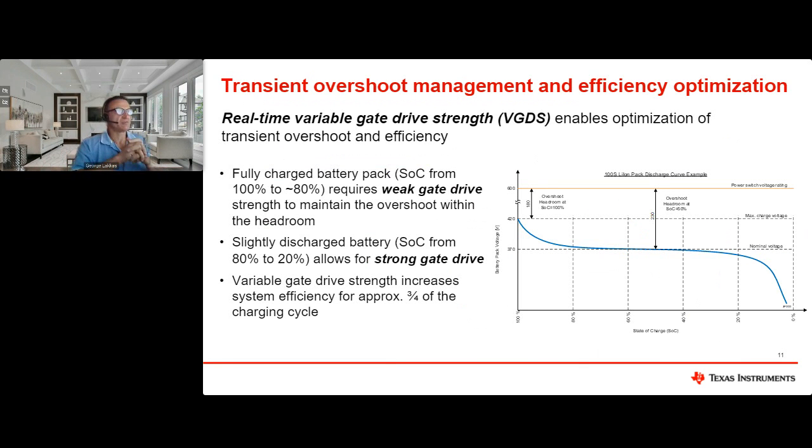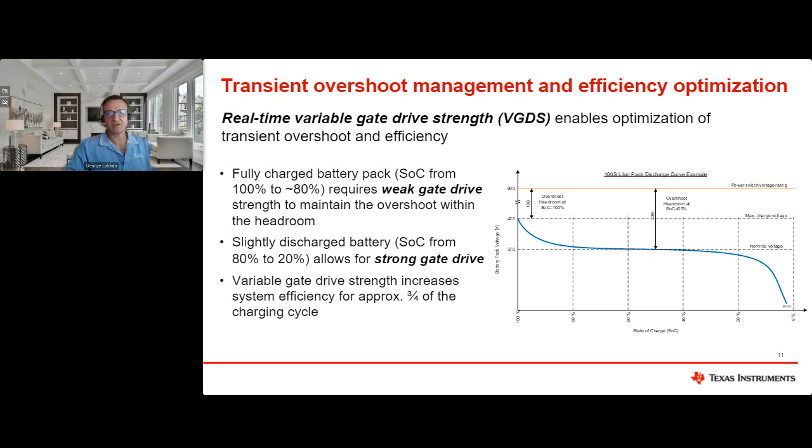Let's look at a battery cycle, because that maybe should give a little bit of understanding of how battery voltage plays a difference. Because when a battery is fully charged, basically from 100% to roughly 80%, you will see then that there's less headroom for the silicon carbide overshoot. And what that means is now you have to employ the weak gate drive that I showed previously, the 5 ohm external resistors, for example, as the battery is still in this portion of the battery charge cycle, to make sure that the silicon carbide FET is not getting stressed. You're not going over the maximum overshoot threshold of the power switch.